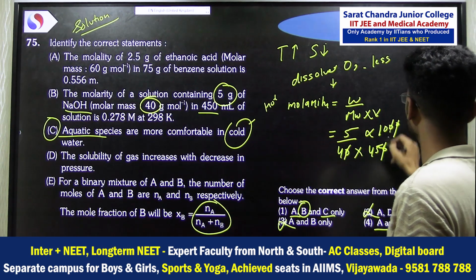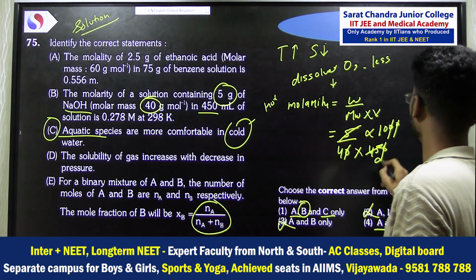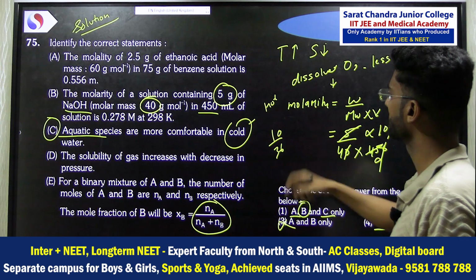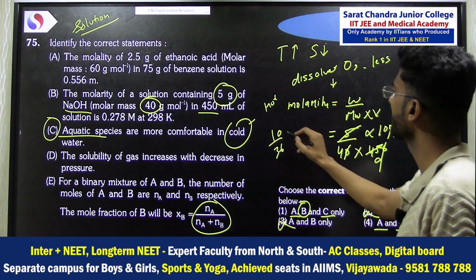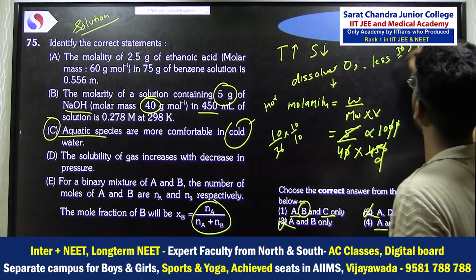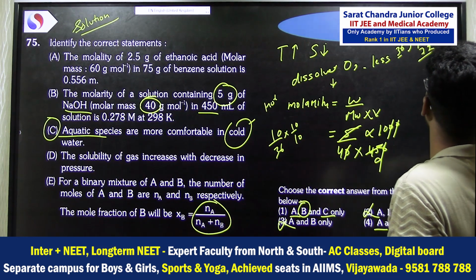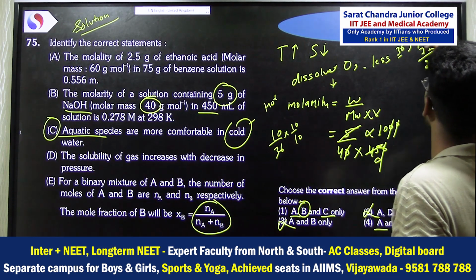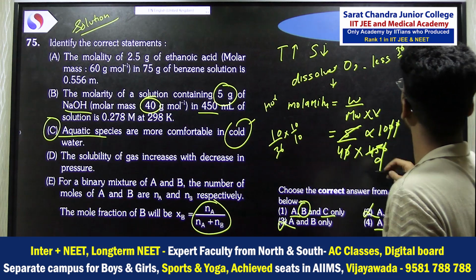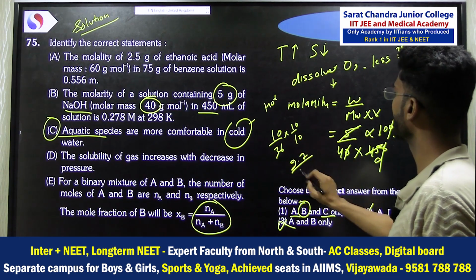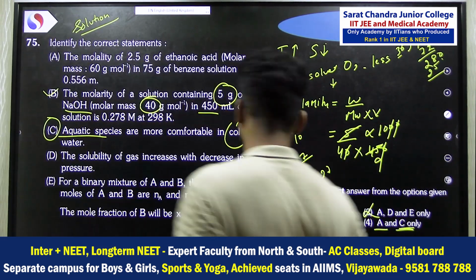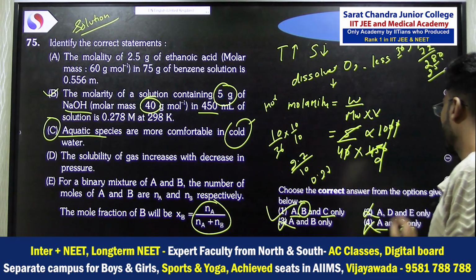How can you simply divide this? Zero, zero cancel, zero, zero cancel. 5 into 9 is 45, 4 into 9, 36. So it is 10 divided by 36. If you do the calculation, you can multiply by 10 divided by 10, so 100 divided by 36, which is approximately 2.7 divided by 10. So it is 0.27. So this is also a correct answer, so our option number 1 is correct. In this case, B is not mentioned.